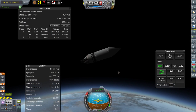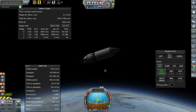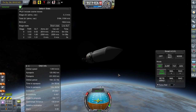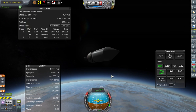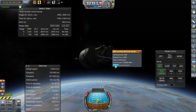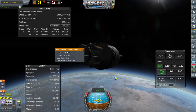Right now we're in our coast phase. I am waiting until we get above the atmosphere at 70 kilometers to deploy my fairing so that my payload inside does not affect my flight path. There we go, 70 kilometers. Fairing deployment is good. Also going to go ahead and deploy these solar panels,